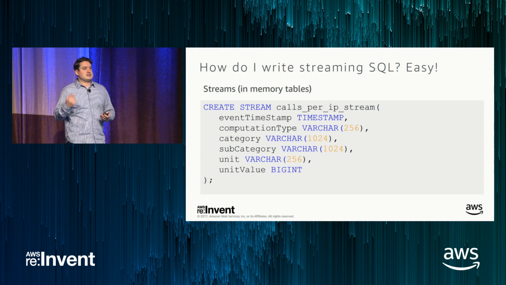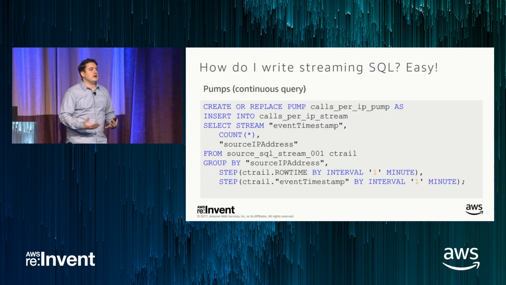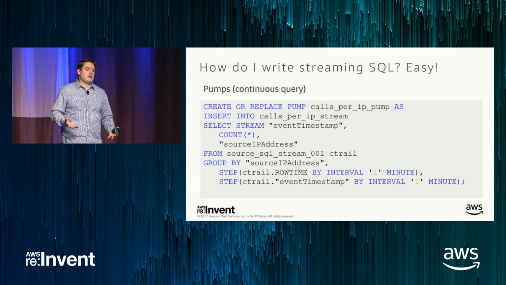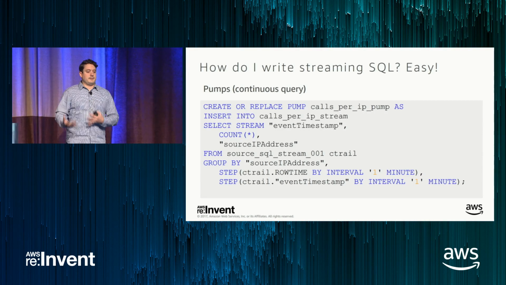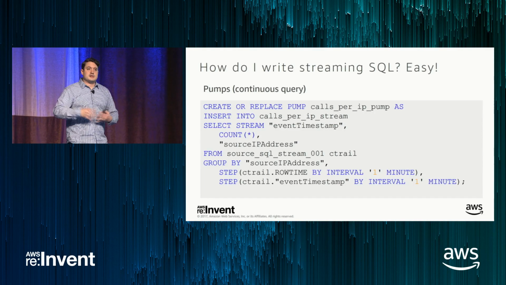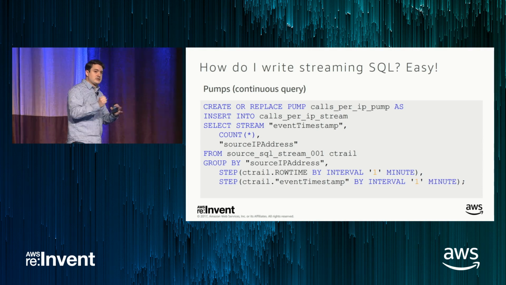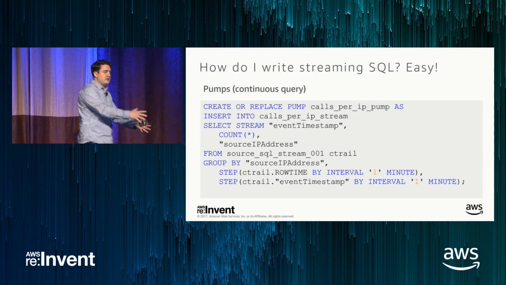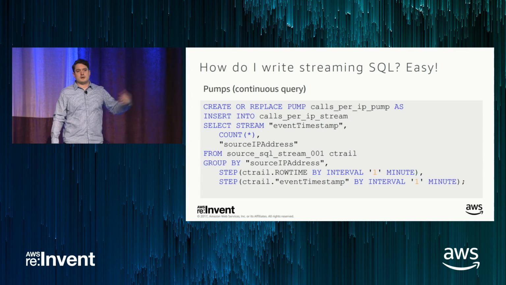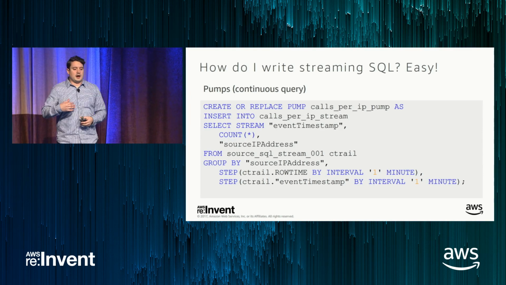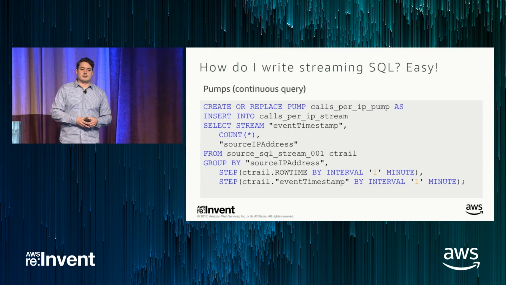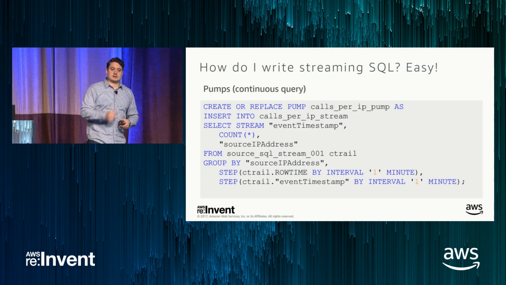In order to get it to actually process data, we have this second concept called a pump, which is basically just this continuous select statement that we're inserting into the stream. The source stream that we create, that is the materialized view on your external Kinesis data stream, or your external Kinesis data firehose, is always represented by source SQL stream 001, something like that. In higher scale use cases, we will enumerate it, so it'll be 001, 002, so on and so forth. For most customers, it just looks like this.